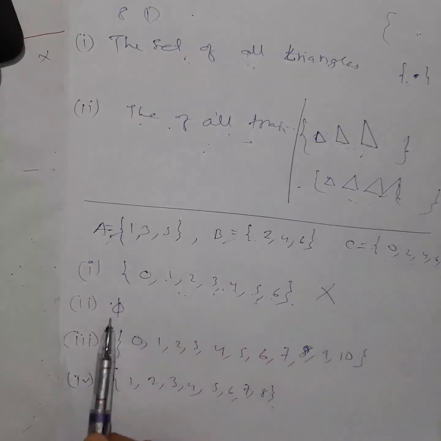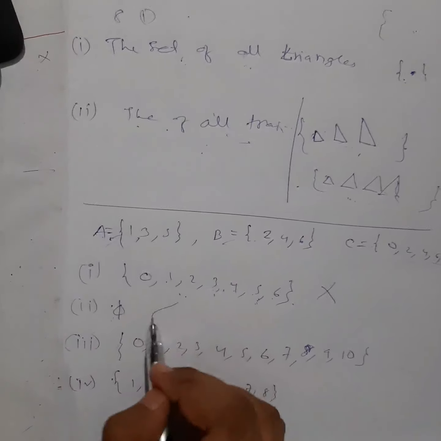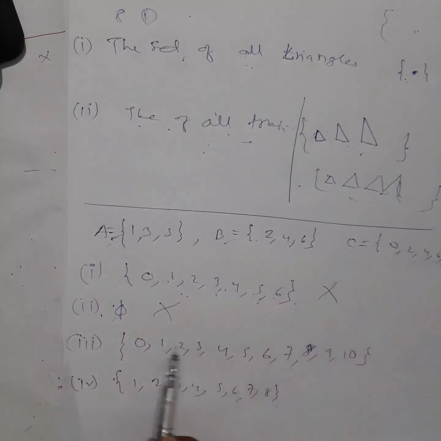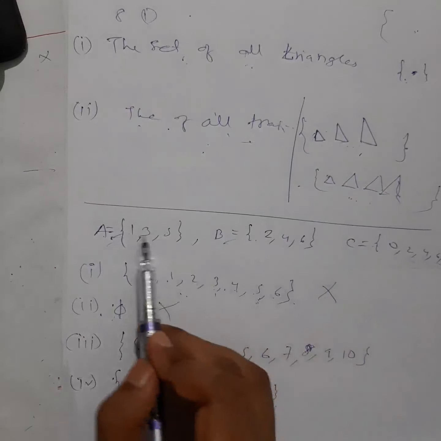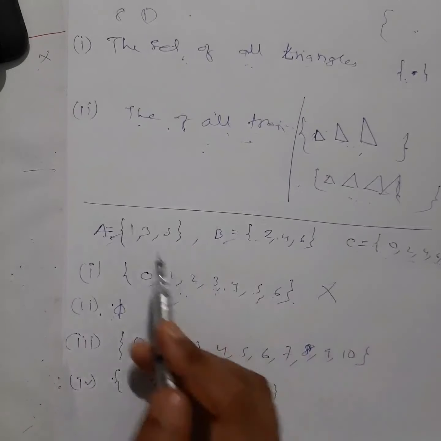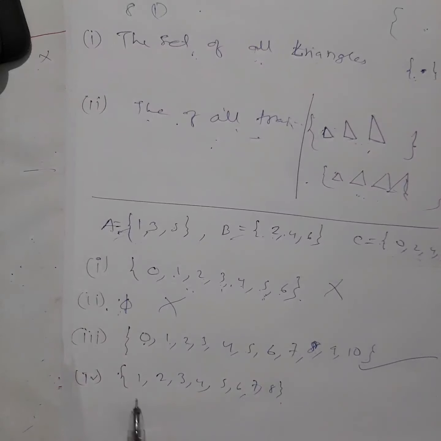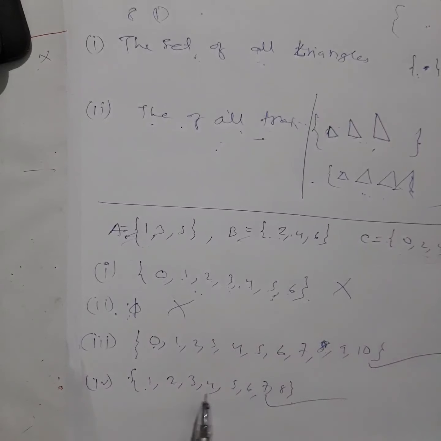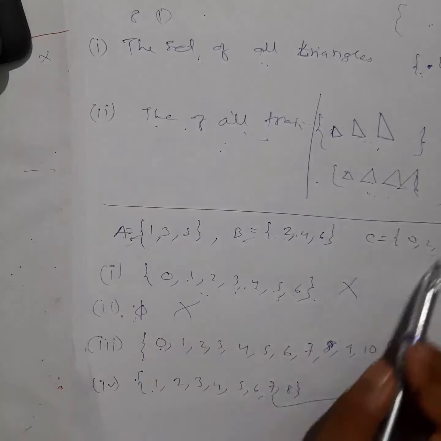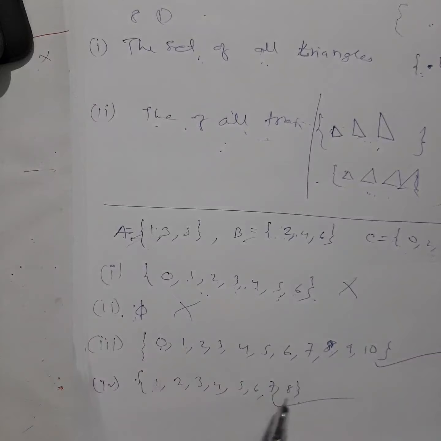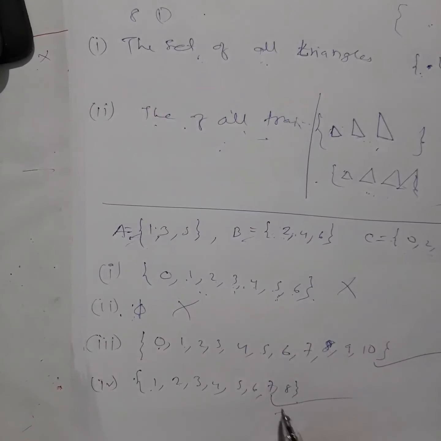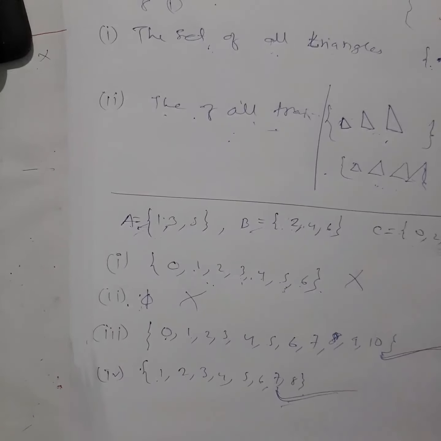So for all these three, this is not a universal set. For this one, can it be a universal set? Obviously no, there is no element, so this cannot be bigger than any set here, right? Now next, this one, 0, 1, 2, 3, 4, 5, 6, 7, 8, 9, 10. Obviously this is bigger than all these three, so this will be the universal set for all three sets. 1, 2, 3, 4, 5, 6, 7, 8. This also will be a universal set for all these sets. You can see this contains this, this contains this, and this contains this. So this is bigger than all three, so I can say this is a universal set of all three. So this will be the universal set, and this will be the universal set.